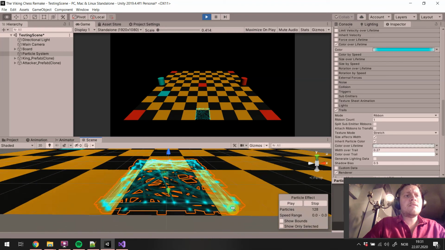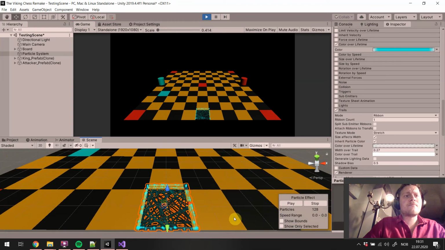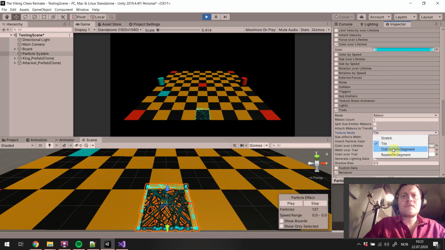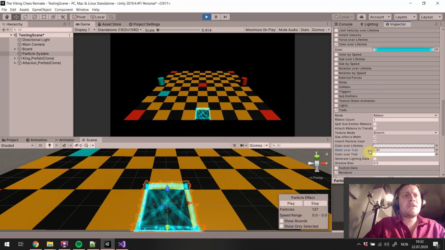Let's see. Stretch, ribbon count, width over trail. It looks kind of cool in the game to have a little bit more width on this, and